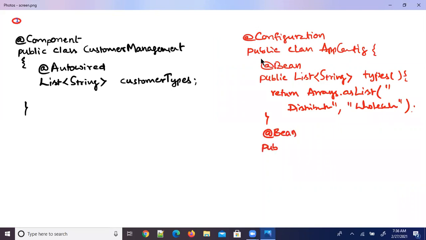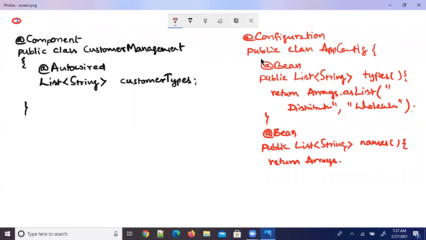Public List of String, names, and say, for example, return Arrays.asList, and I can write some names here, X, Y, Z.